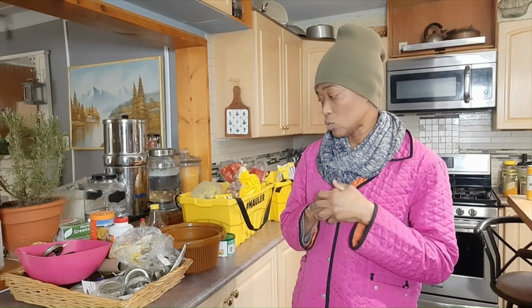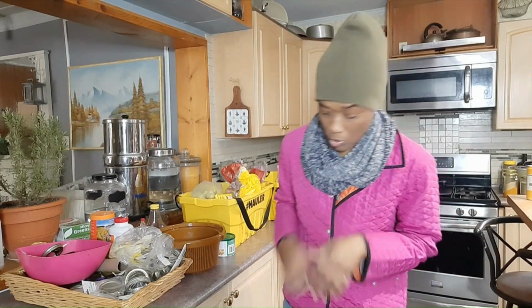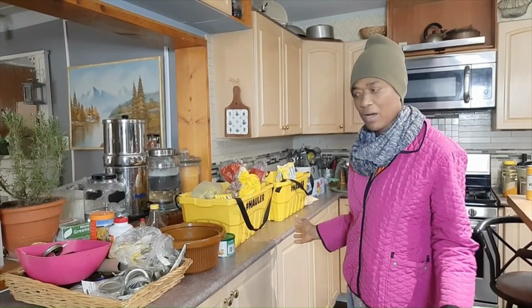Freeze your mashed potatoes. Just make sure that you put them in a tight container so it doesn't get that freezer taste. And yeah, other than that, keep them in a dark, cool place. Not too hot, not too cold. Yeah, so let's move on. Buy in bulk, number one. Number two,